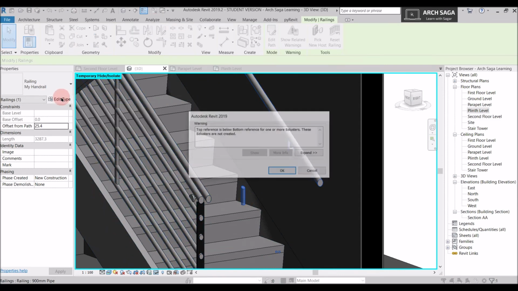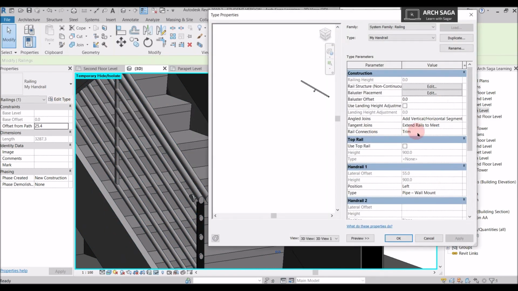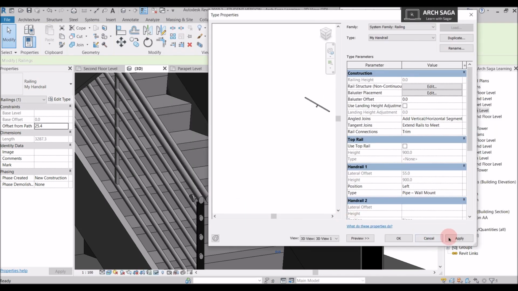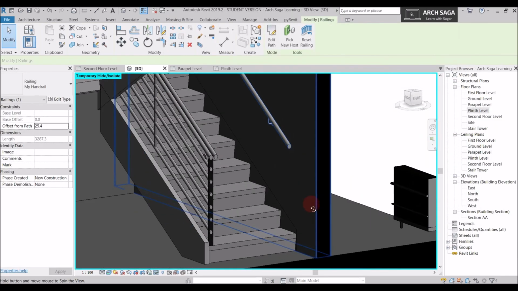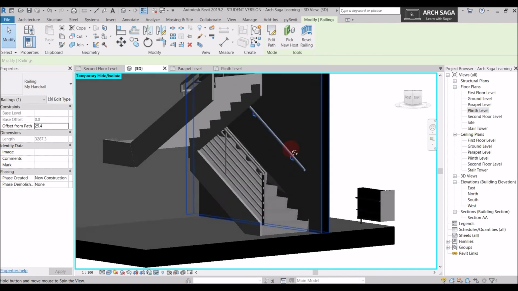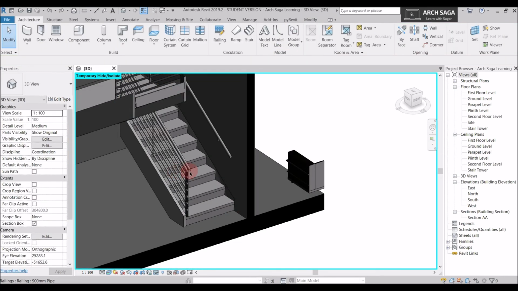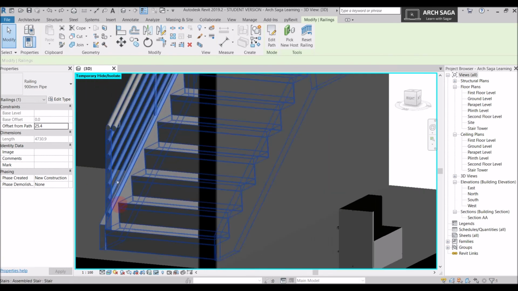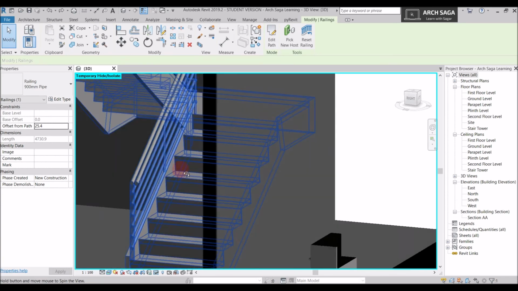So what I'll do, I'll just go again to my handrail, go into baluster placement, and I will say here none, none and none. Same here, I'll say none. I'll say apply and OK. Again say OK, and here is my handrail.